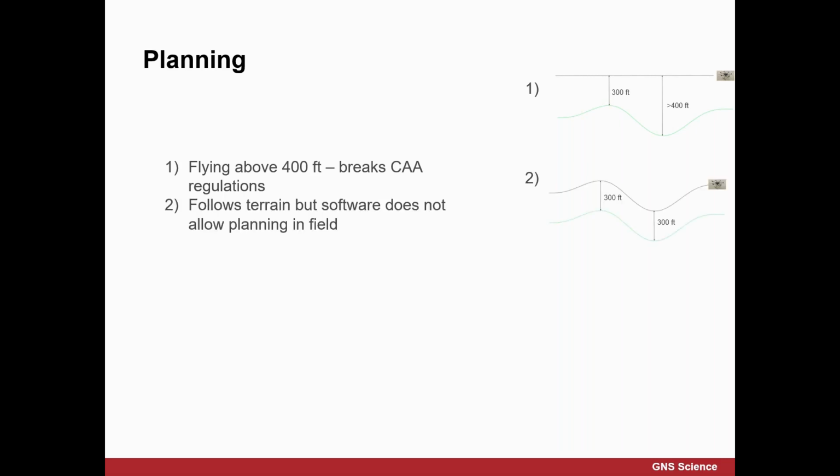So for planning, we can't break CAA regulations, so not flying above 400 feet. We like to fly in straight lines. It makes it a bit neater and tidier. But when it's undulating terrain, you can't always really do that. You can use terrain follow, but for various reasons, we looked at the software options and they didn't really suit